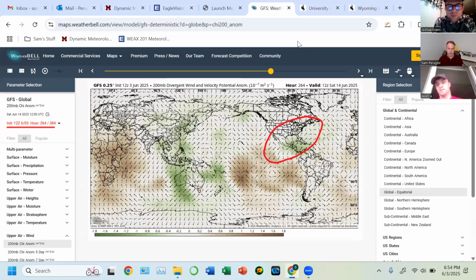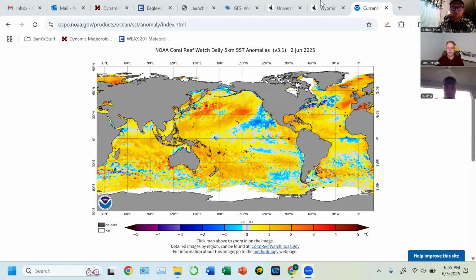When you take a look across the Atlantic right now, I'm going to stop this, and I don't want to make anybody dizzy. I'm going to pull up another map here. What I want to point out here are sea surface temperature anomalies across the Atlantic, and we are looking at a different pattern overall from last year. Obviously anything that's warm is yellow and orange. The blues are where the water is cold. One of the things I want to point out here is that